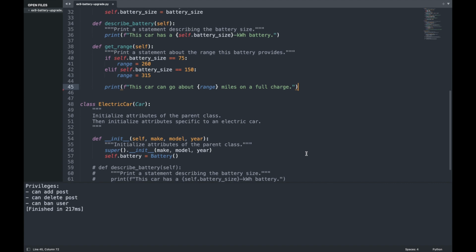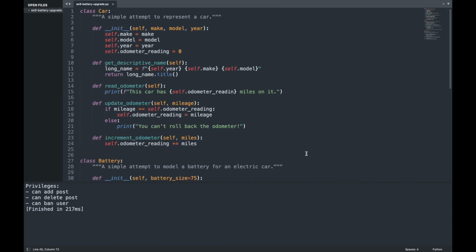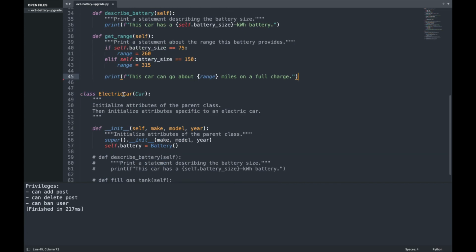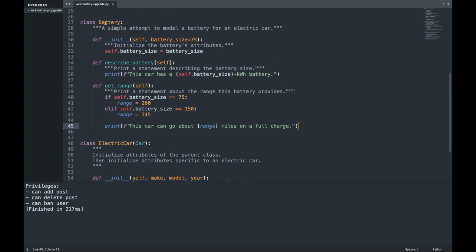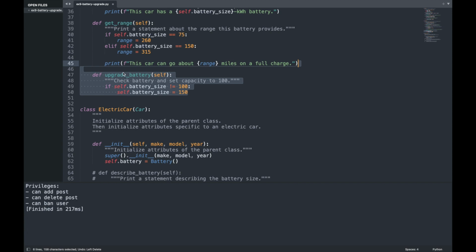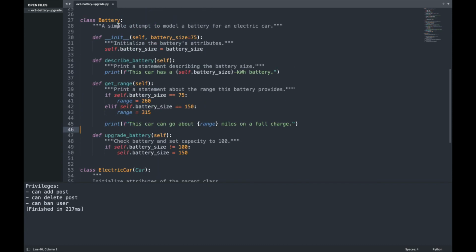So let's take a look at the code we had before. Here we have our three classes: car as a parent class, then electric car as a subclass that inherits from the car class, and of course a separate battery class that contains all the attributes and methods specific to our battery. Now let's go ahead and add our additional method here. Upgrade battery is a new method that we assign to our battery class, and that's going to check what the battery size is, and if the battery size is not equal to 100, then we are going to upgrade